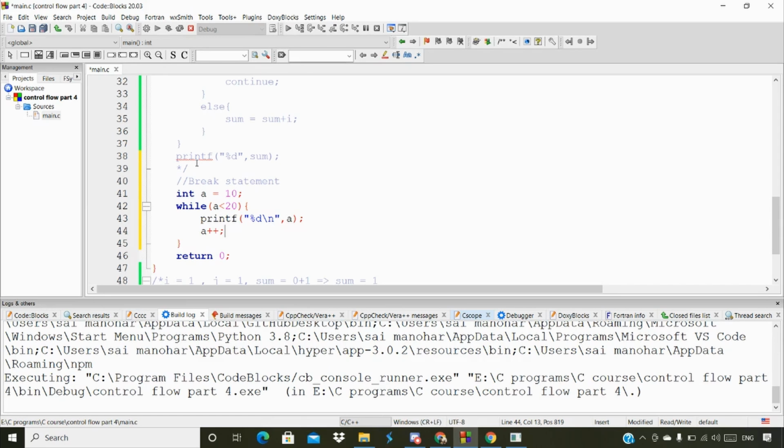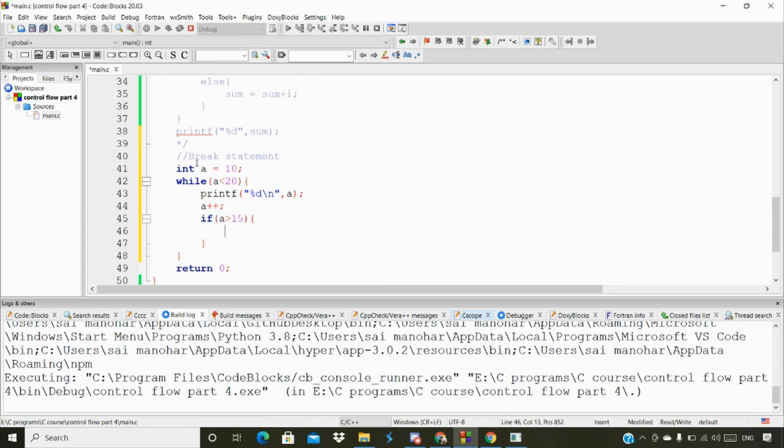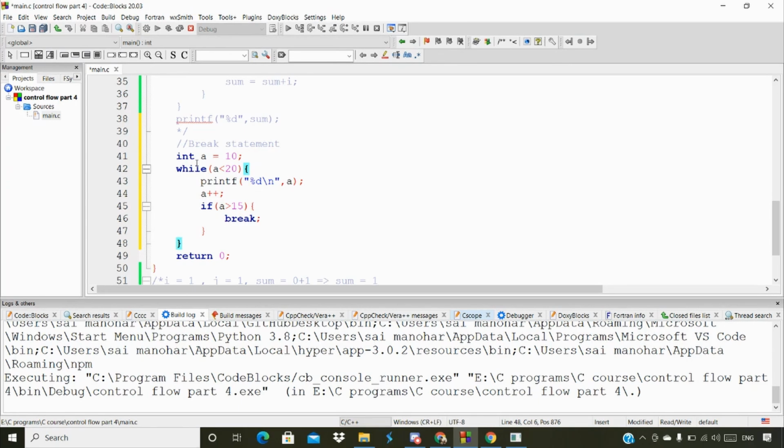Now I'm going to give one more condition, if a greater than 15, open and close curly bracket, and within this I'm going to mention a break here. And that's all about this code.